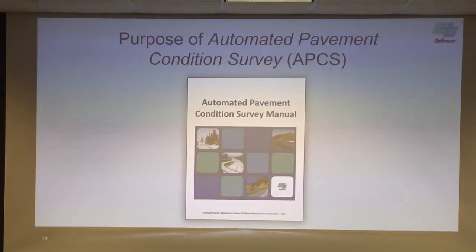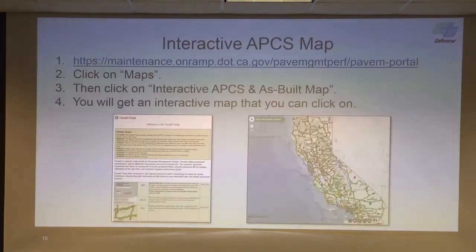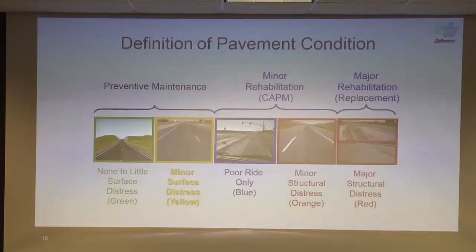If you look at the left side of the slide, there's the automated pavement condition survey, APCS, and this is an annual survey. All the roads in California are run by the pavement group, and the condition is put into this survey, and it's available online. They've got this interactive pavement map that shows the existing pavement condition on all the roads throughout the state. And this is sort of how your jobs get targeted and put forward for contract.